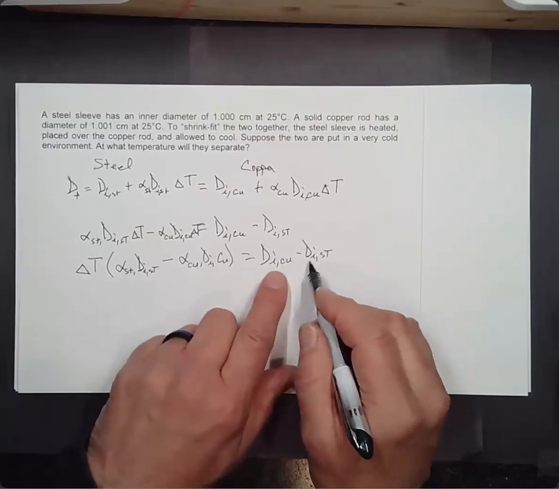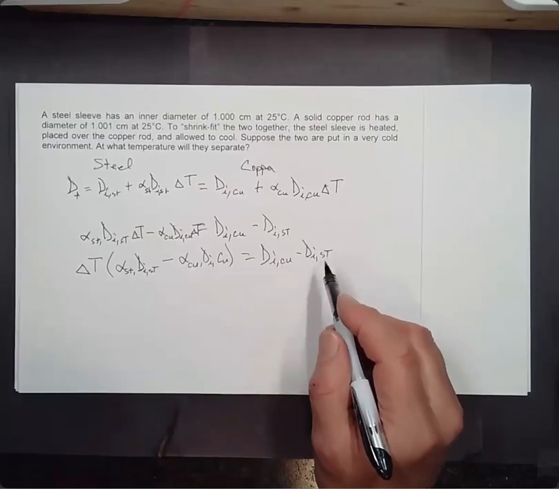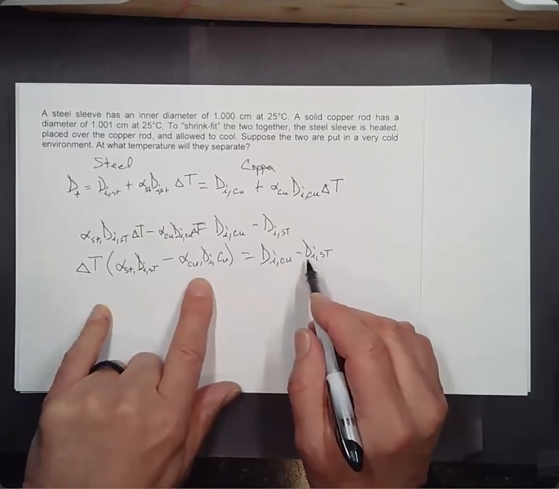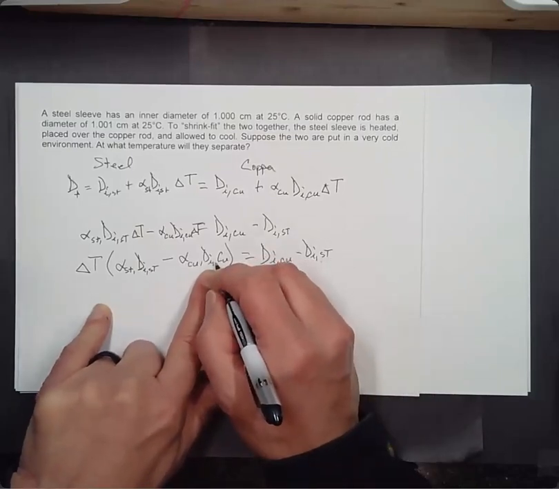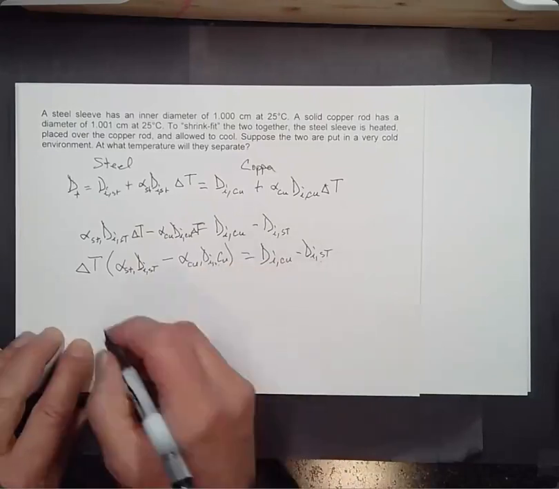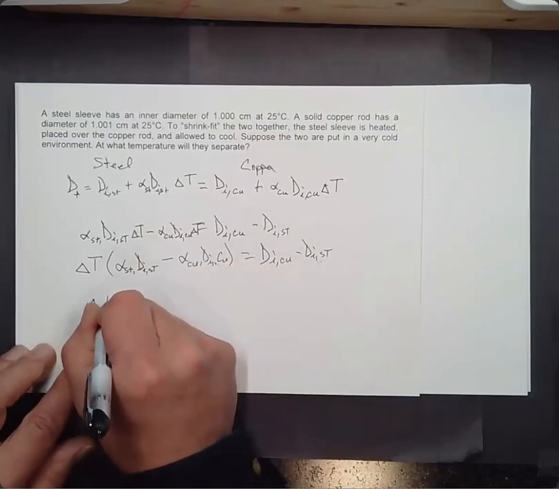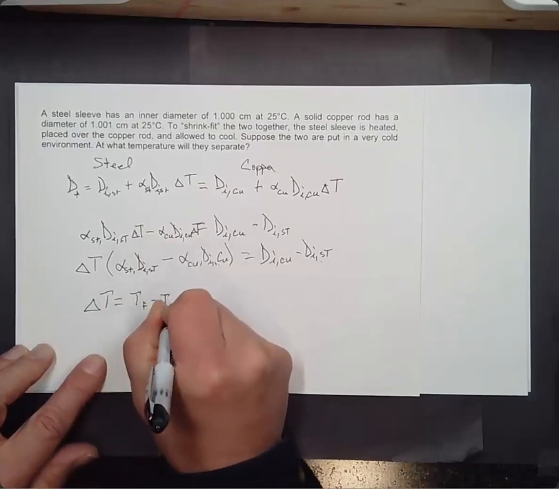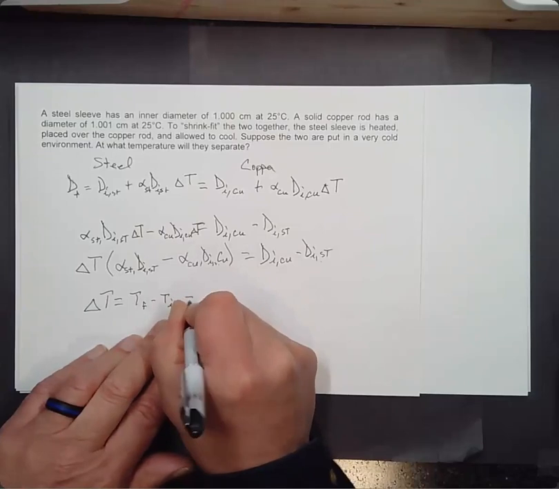We're going to be down to one significant figure here unless I can figure out some clever way of dealing with this. But, oh, that's not a separate variable. That's a subscript. Anyway, the delta T, which is going to be T final minus T initial, is going to